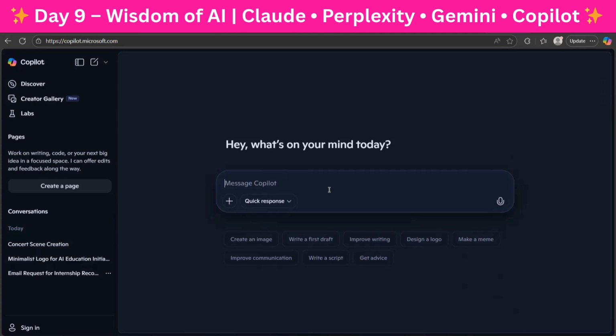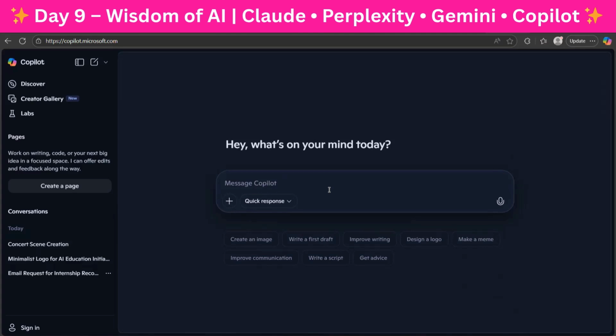And Gemini is a kind of an explainer. If you give it some content, it will explain with a lot of creativity. And it also supports multimodal. It's a multimodal assistant. And the last one, the Copilot, is actually a productivity booster. You can create an email, respond to an email, and you can use it for drafting and other applications, such as designing logos and creating images. Not that others won't do all this, they also do it, but I think each one of them is good in its own terms, and they have limitations as well.